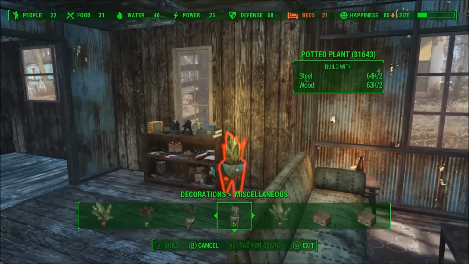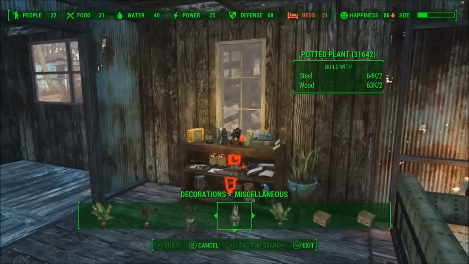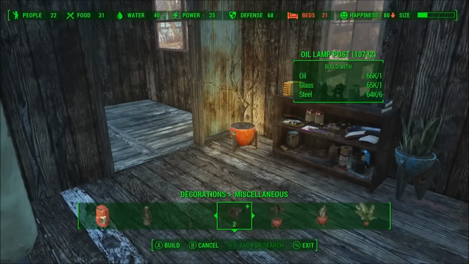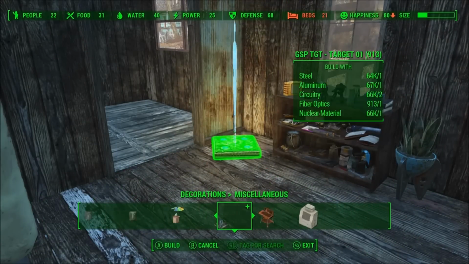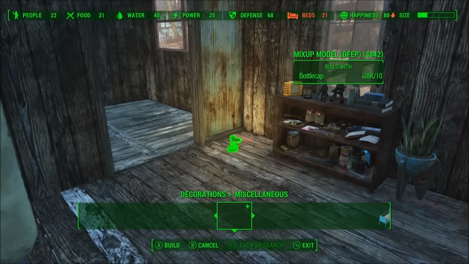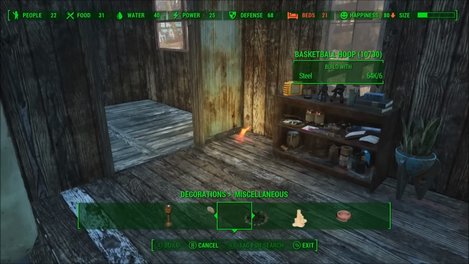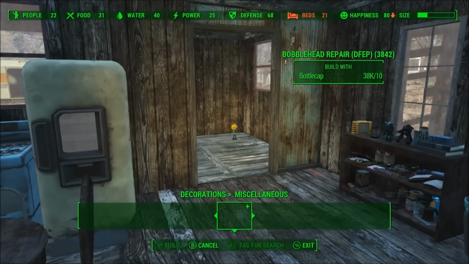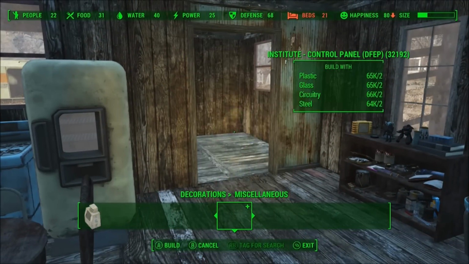I don't use a lot of the plants, I just use these smaller ones here because the other ones are too large. They clip through the walls and they look nice, but they can be a bit of a pain. And here I am looking through all this stuff for the trash can, and I realize I went the wrong way. So I gotta go all the way back to find the trash can. Keep going,